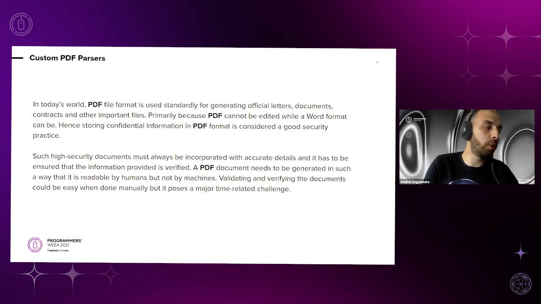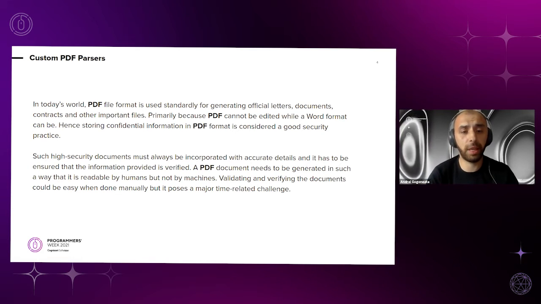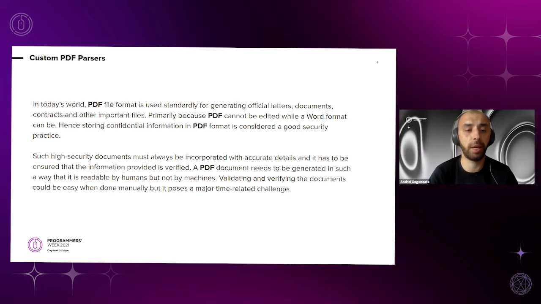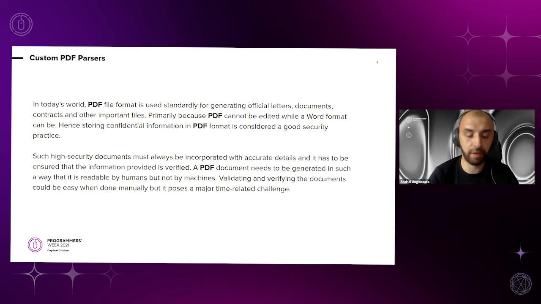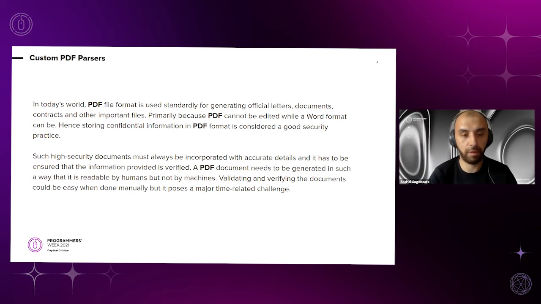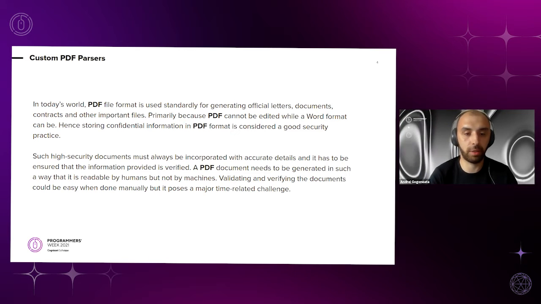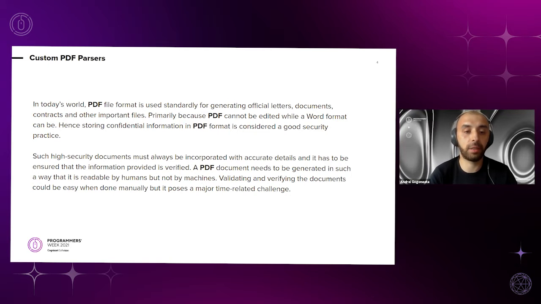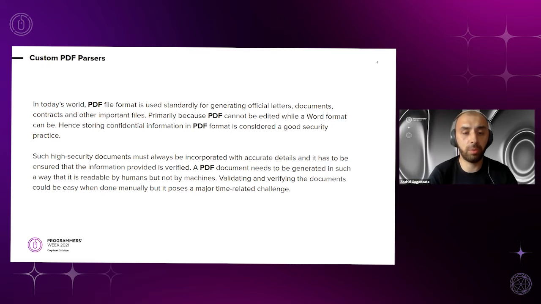So as I said, why do we need automation to validate PDFs? In today's world, PDF file formats are standard, and like I said, most of them are used by a lot of companies. If you buy something, you'll get a PDF invoice. If you take out a bank statement, you will get a PDF file. So the reason why companies or banks or third parties or certain companies have PDFs is that the security for these documents is very high, and they are not human readable,